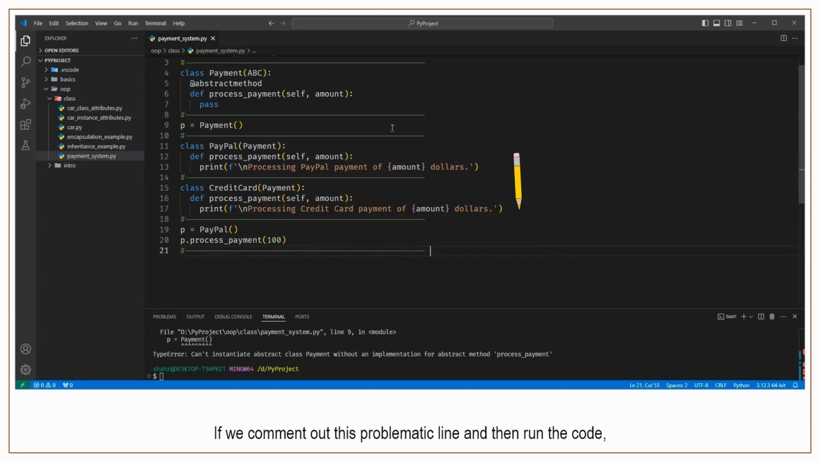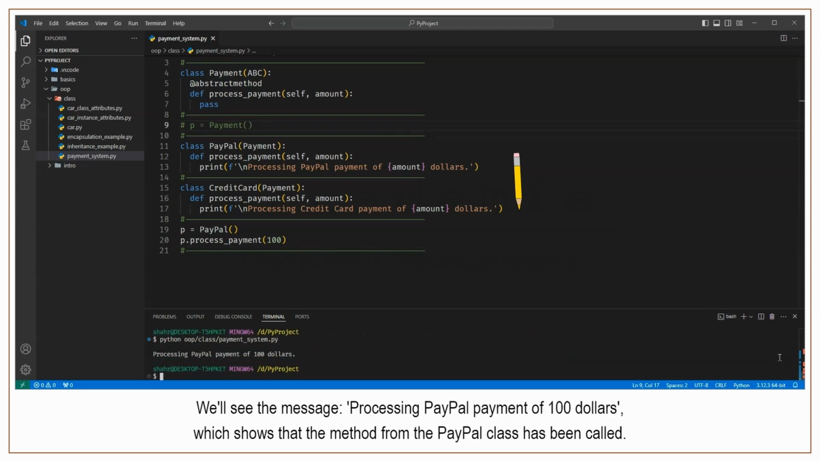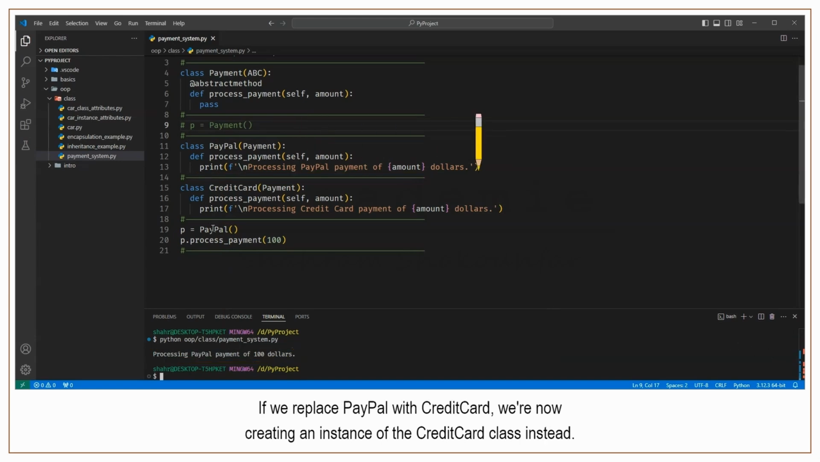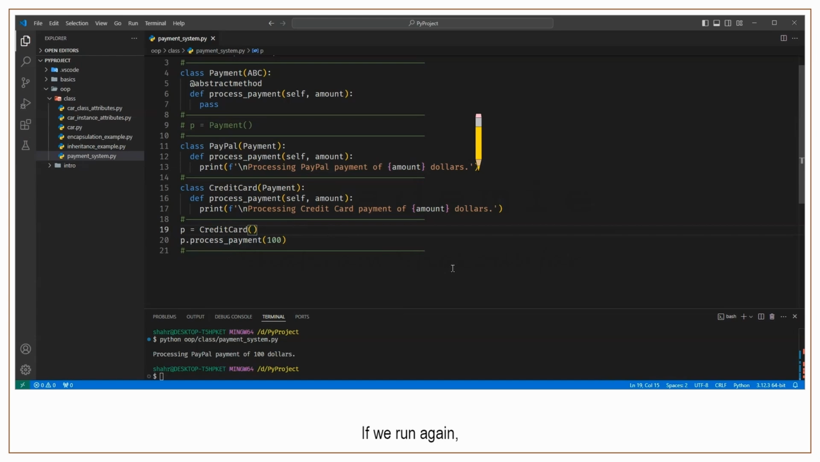If we comment out this problematic line and then run the code, we'll see the message, processing PayPal payment of $100, which shows that the method from the PayPal class has been called. If we replace PayPal with credit card, we're now creating an instance of the credit card class instead. If we run again,